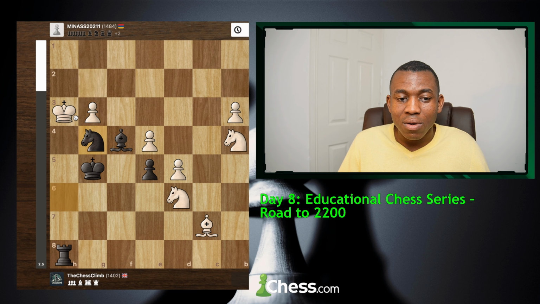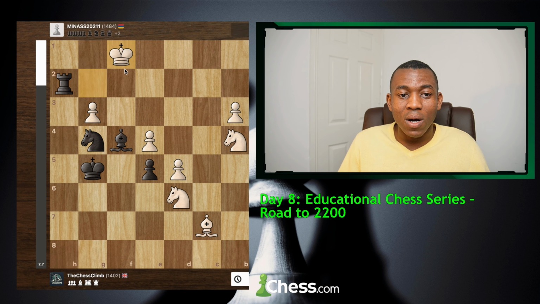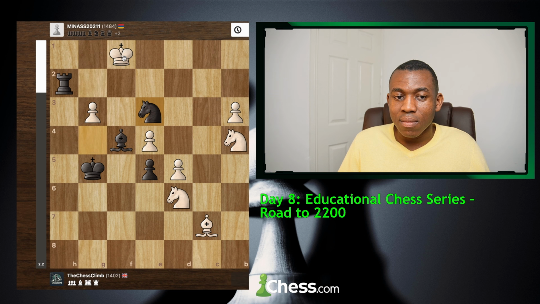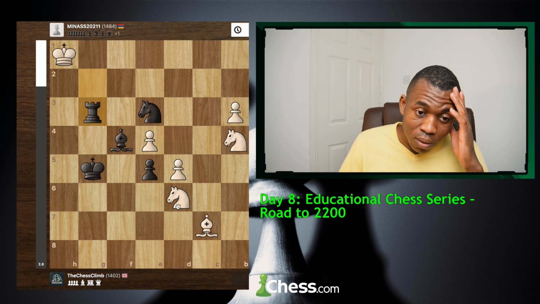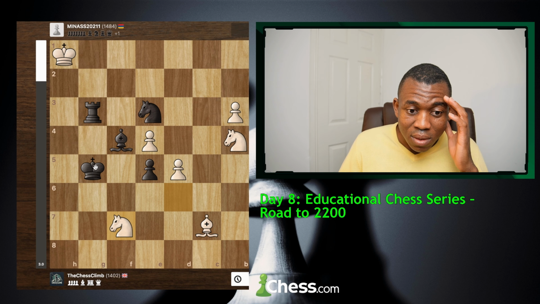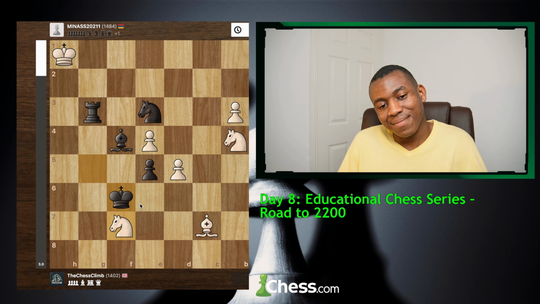Knight g4. King g2. Rook h2. King f1. Knight e3. King g1. g2 check. And after king h1, I take on h3. Wow. And after this check, there's just calmly king f6. And if this check, oh,